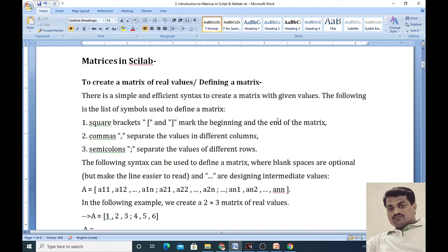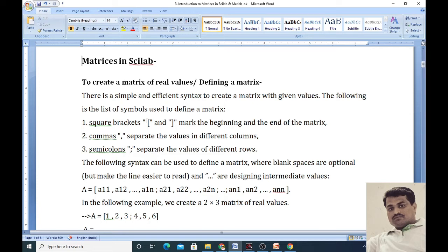Here, for defining a matrix in Scilab, there is a simple and efficient syntax to create a matrix with the given values. The following is the list of symbols used to define a matrix. First, you remember, the matrix is nothing but an arrangement of numbers in vertical and horizontal arrays. Here, first, square brackets.